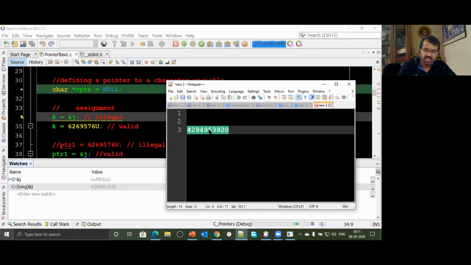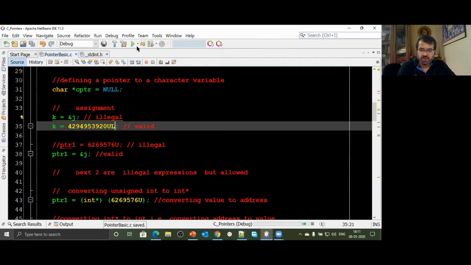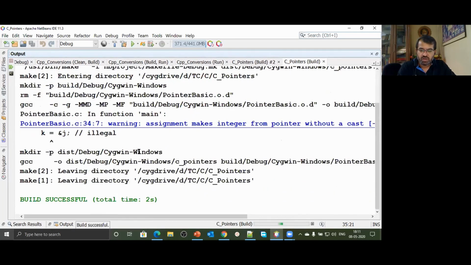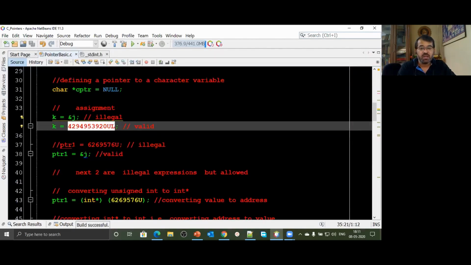But even if this is a large number, if I had taken this particular large number and tried to store it over here by saying it's an unsigned long value, and if I had compiled this code once again, it would generate a warning for the previous statement. It will generate a warning for this statement. It is not generating a warning for this statement because k is large enough to hold this particular value,